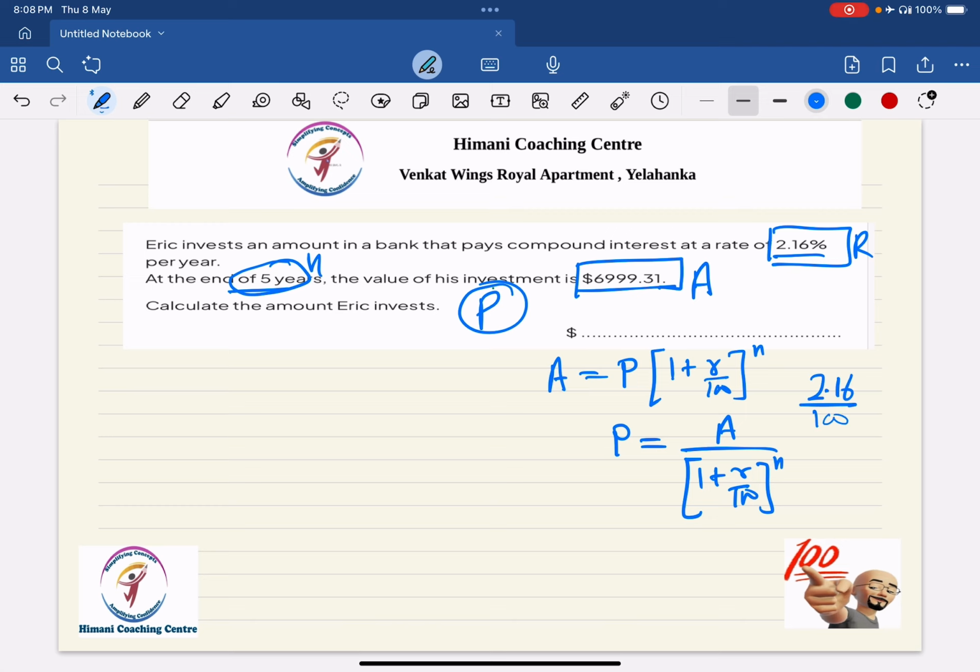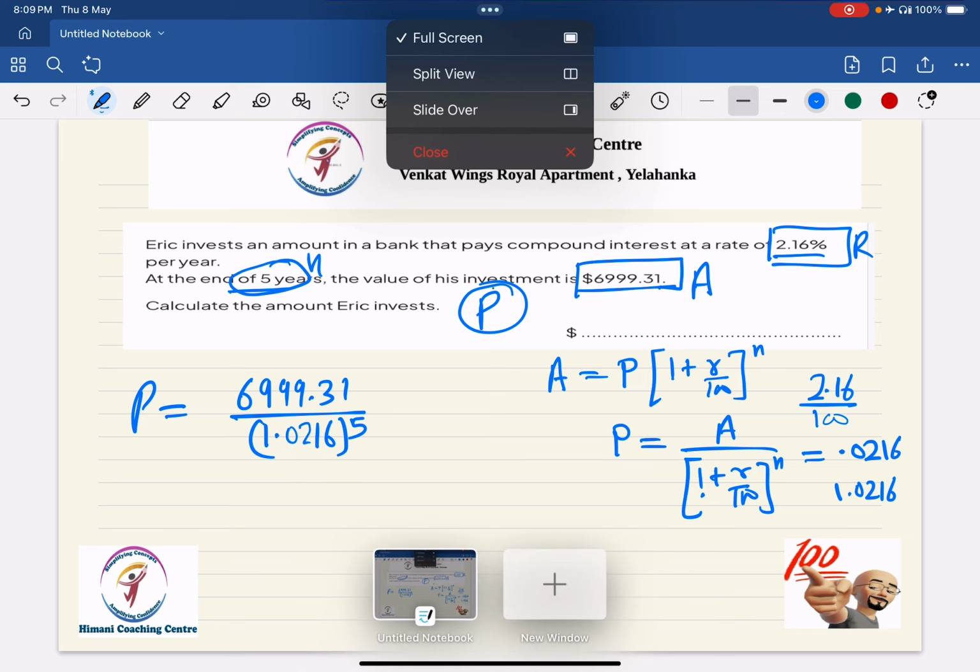2.16 divided by 100 will give us 0.0216. Then 1 plus 0.0216 will become 1.0216. So now let us put the numbers. P should be equal to the amount, which is 6,999.31, divided by 1.0216 to the power time, which is 5. And that shall give us the value of the amount